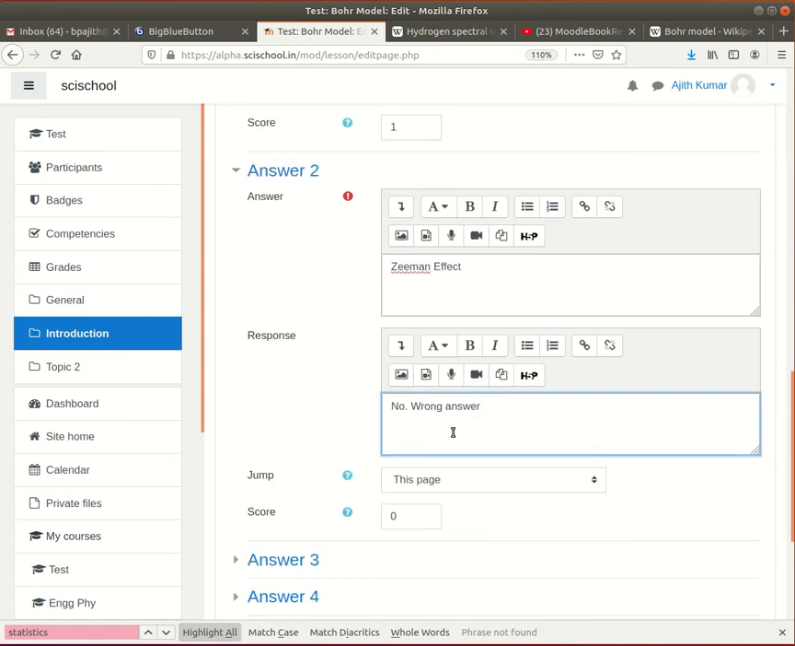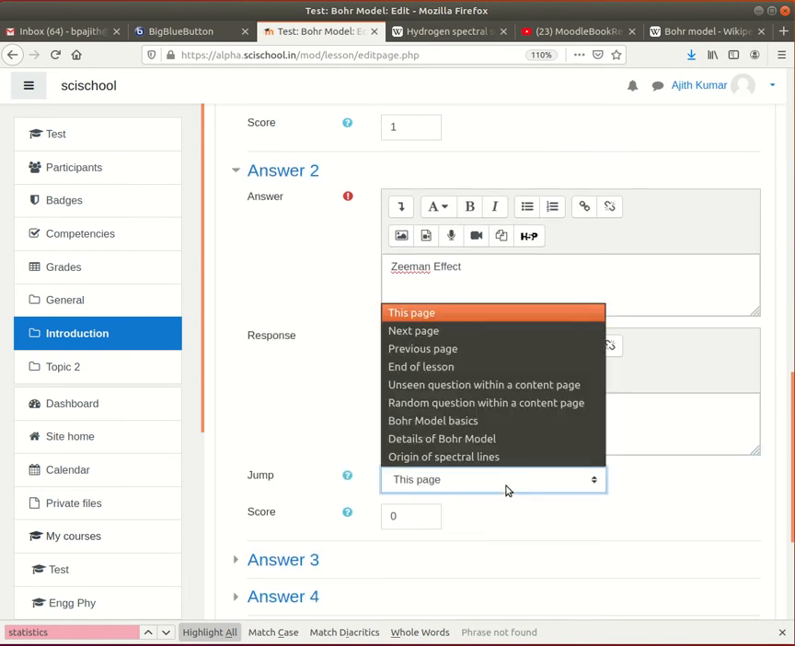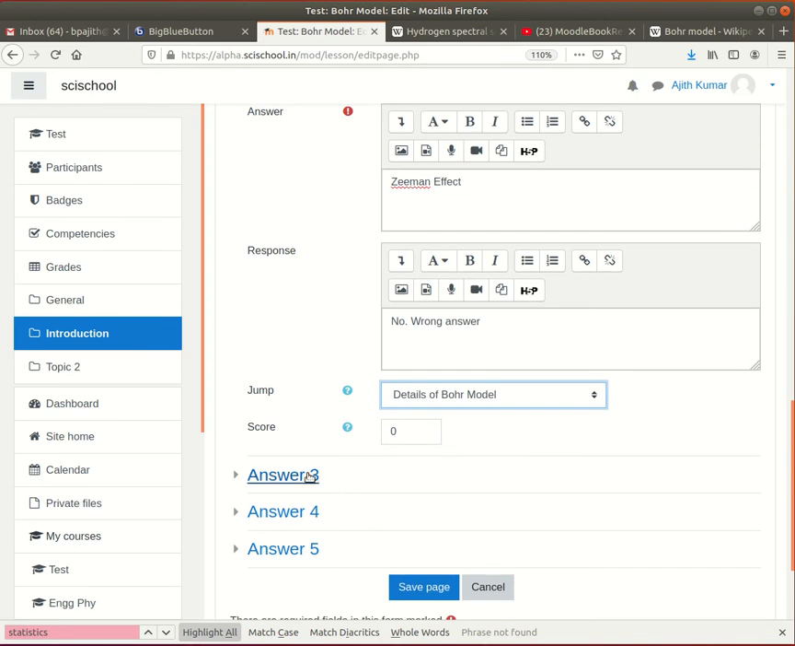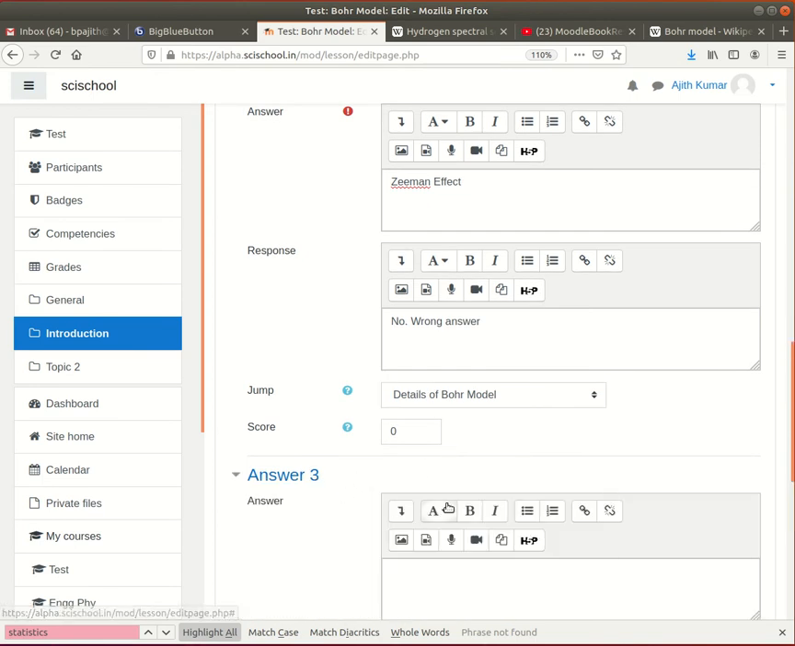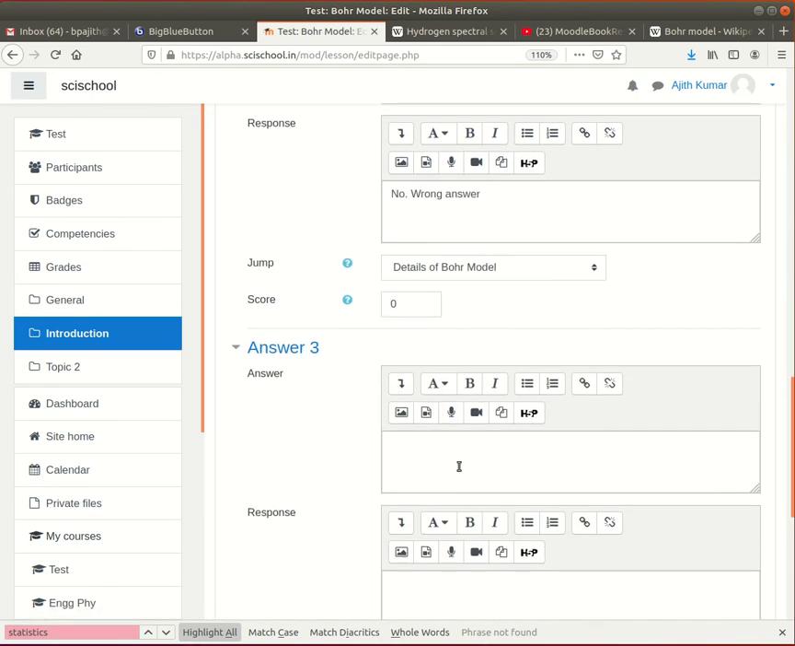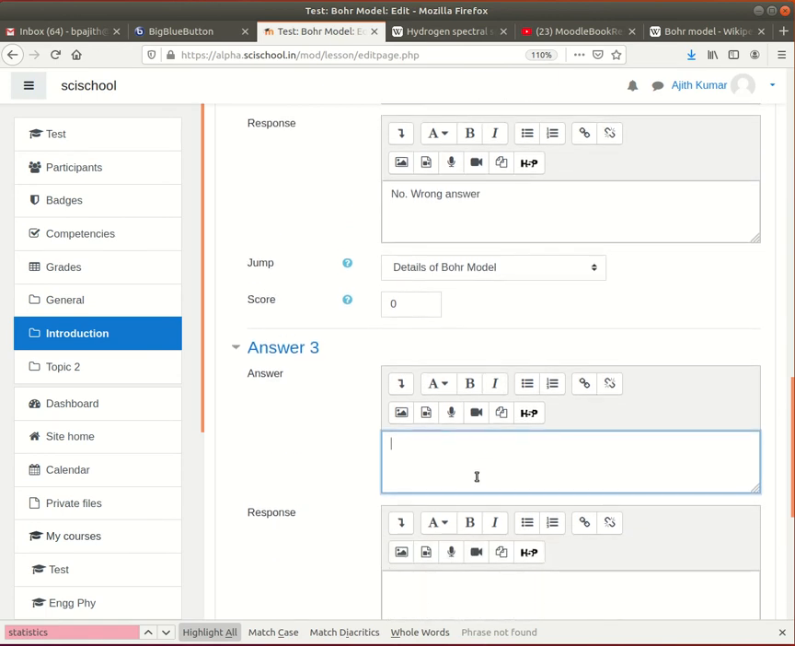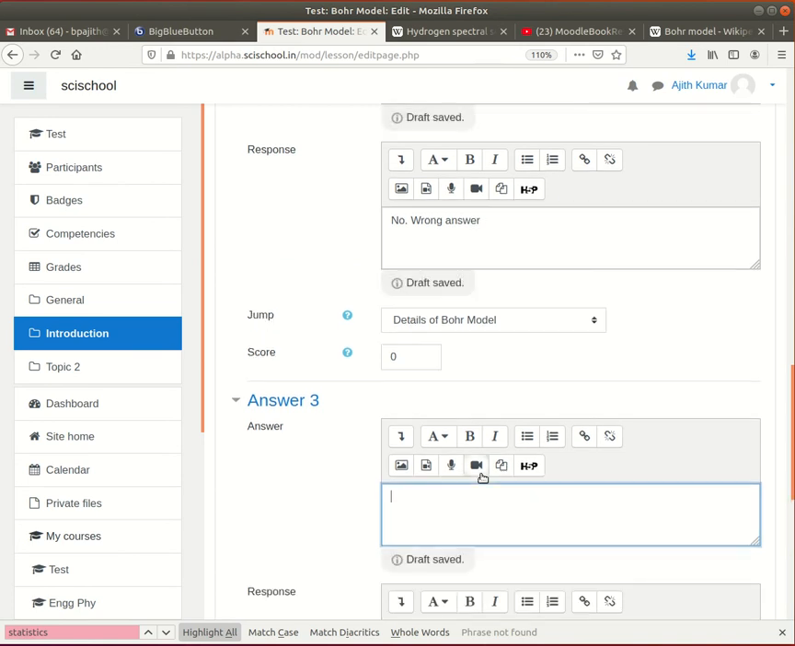So here, whatever response you want you can type, but now since he failed in answering this, we have to send the student to the details of the Bohr model here. Suppose you can give one more choice here, something which is not true. So we can say it is Bohr model explains